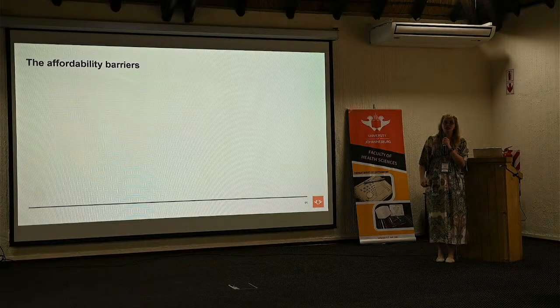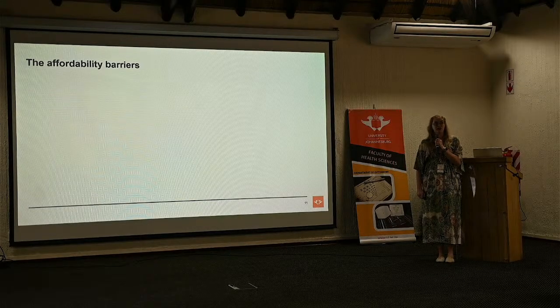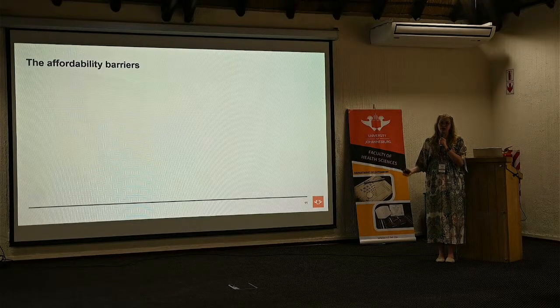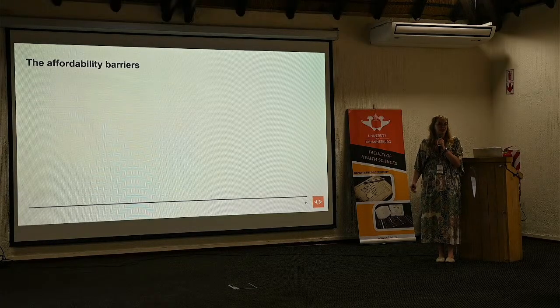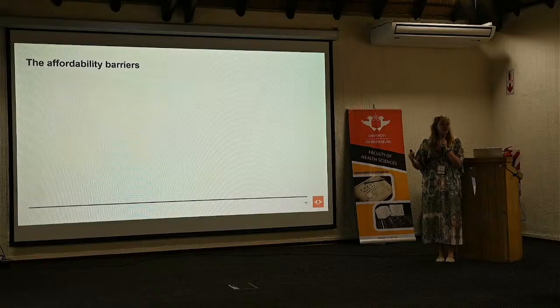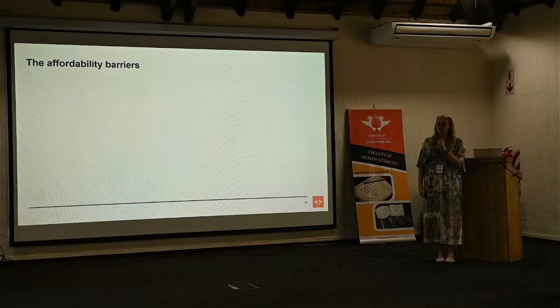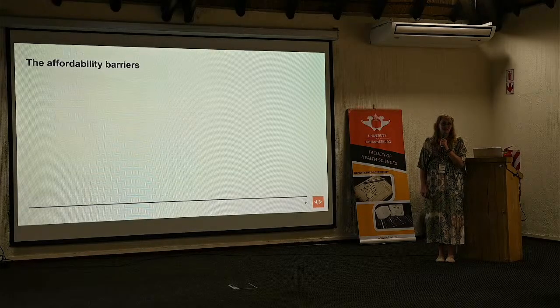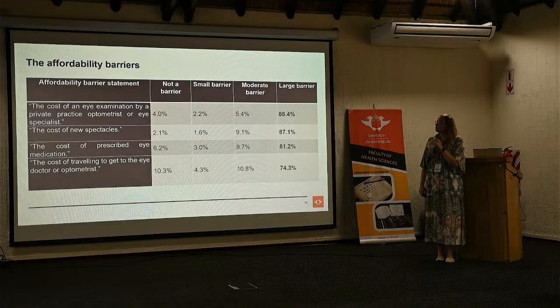The accessibility dimension of affordability that was described consists of direct costs and indirect costs. Direct being the cost of a consultation or the cost of buying spectacles. Indirect cost was things like missing a day of work because of having to go to the eye clinic, and finding or paying for transport to get to the eye clinic. So this dimension describes the financial access a patient has to eye care.